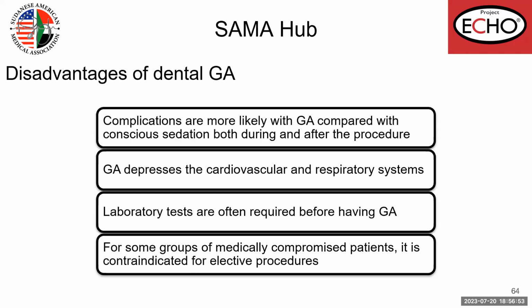But what are the disadvantages? Complications are more likely with GA compared with conscious sedation, both during and after the procedure. So you need a well-trained team to do the general anesthesia. The general anesthesia depresses the cardiovascular and respiratory system. Laboratory tests are often required before having a GA, and usually this is a big problem because,